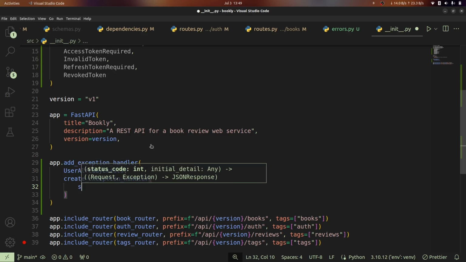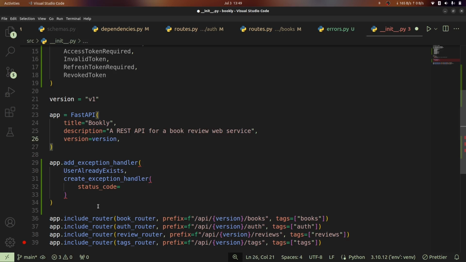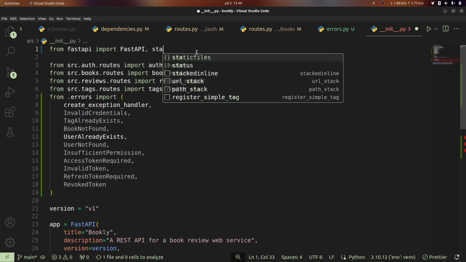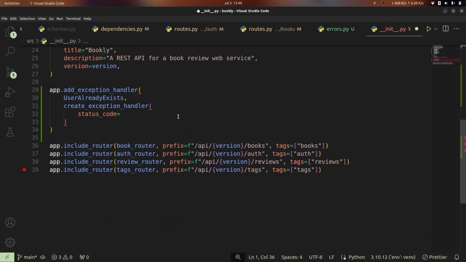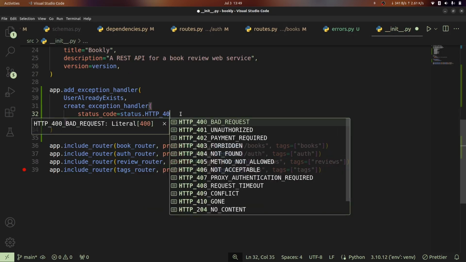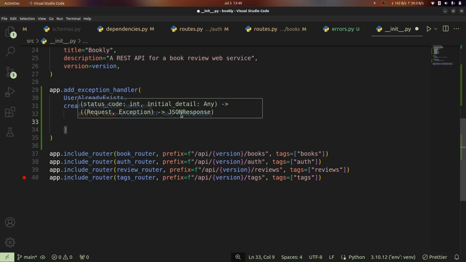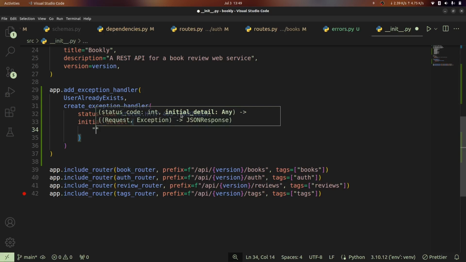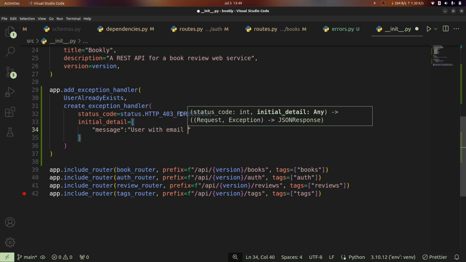So to do that, I'm just simply going to come right here and say that our status code is going to be, so for this case, we can raise maybe a 403 forbidden error. So we're going to be making use of FastAPI status module. I'll import that. And once I've imported that, I'll come right here and say that we're going to make use of status.HTTP_403_FORBIDDEN. And then we have to provide our detail. So our detail for our case is going to be a dictionary, and this dictionary is going to have the information or the message that we want to return to the user. So for our case, our message is going to be user with email already exists,